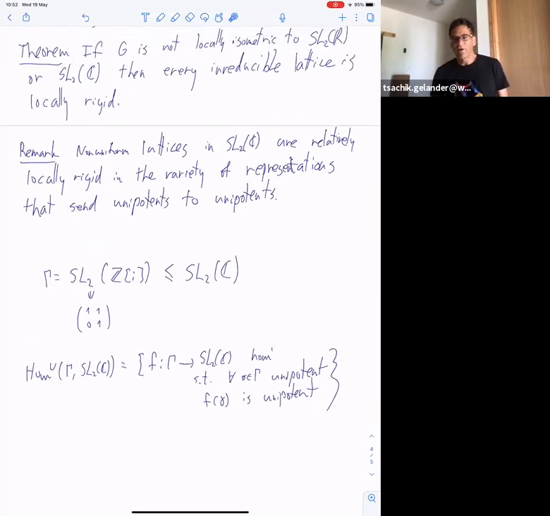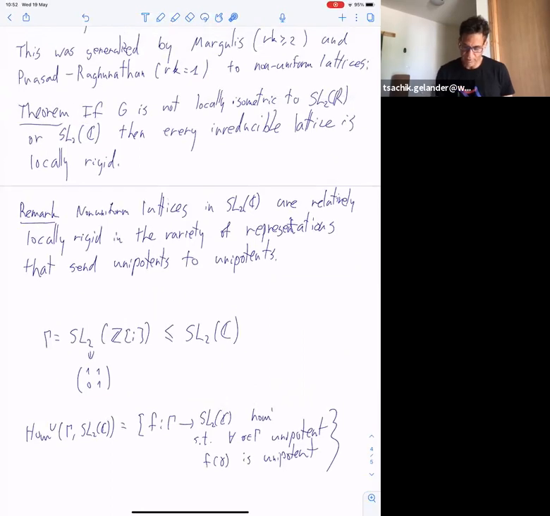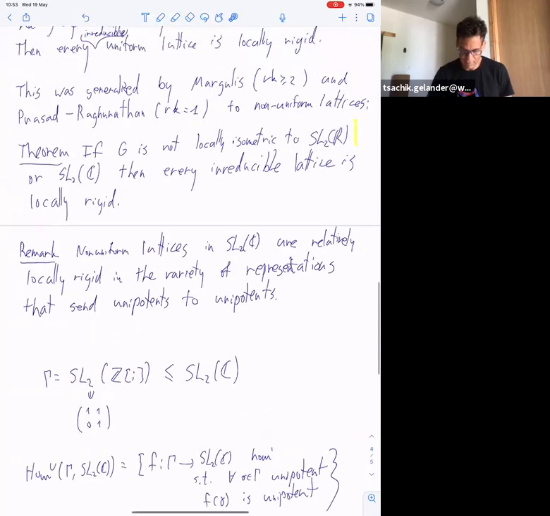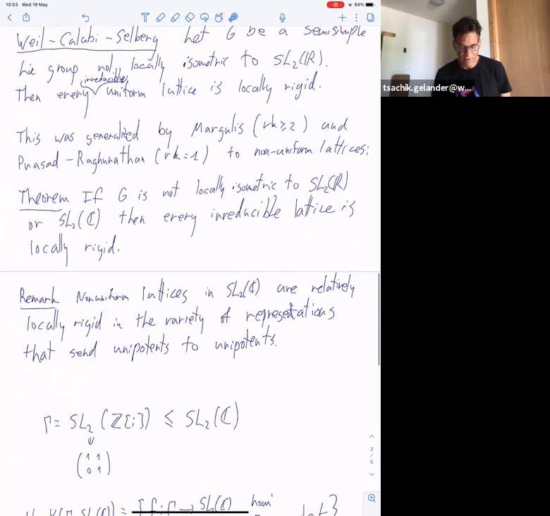So now I describe the theorem. The classical theorem speaks about uniform lattices. This one is usually called Weil local rigidity, due to Weil, Calabi, and Selberg, and Margulis